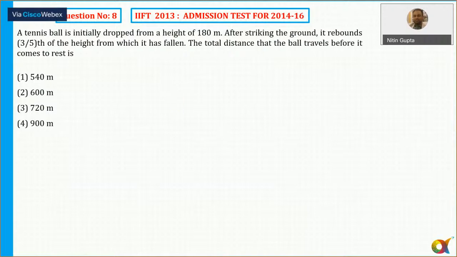Okay, so the correct answer for this, do I need to discuss this question? We have discussed so many times now that it will be a series of infinite GP, and the correct answer is actually 540 million. Tell me guys, do you want me to discuss? No? The same question has come many times, only the values changed. There is no direct formula, it's always sum of infinite sum of